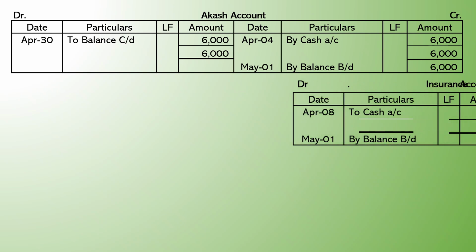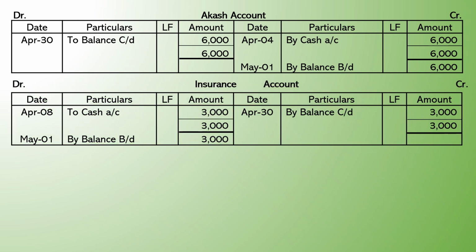For the transaction dated 8th April 2025, in the cash book, insurance account appeared on the debit side. Hence, on the debit side of insurance account, post the entry as to cash account for an amount of 3,000 rupees. As there is no other entry to post, total the debit side and write the difference on the credit side as balance carried down on the last date of the month, by which the total on both sides of the ledger will be equal. Thereafter, on the next date, carry down the balance with the amount to be brought down on the debit side.